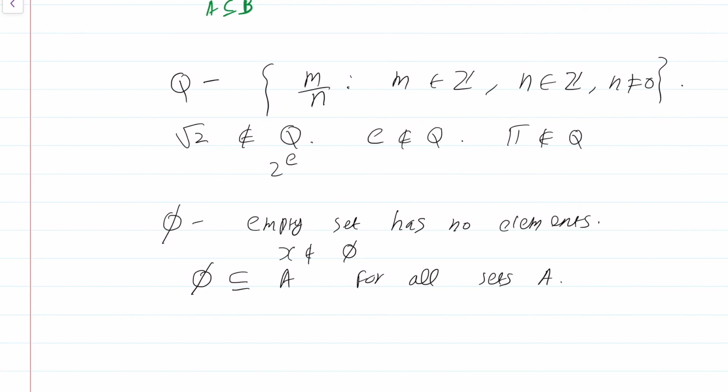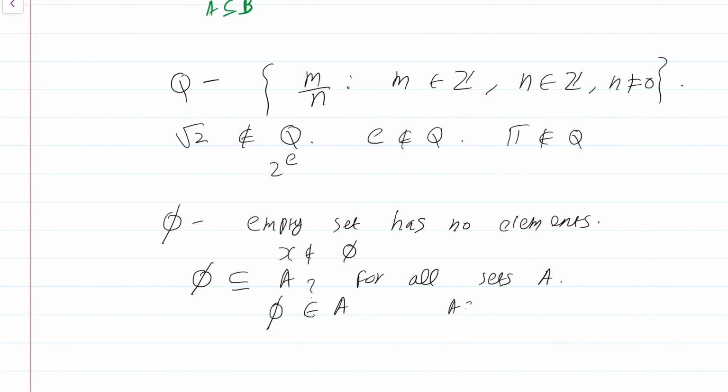Why is that so? Well, it will be better if I illustrate this after I talk about some rudiments of logic. But this is what is known as a vacuous statement: the fact that the empty set is a subset of A is vacuously true. But be careful, it is not true that phi is a member of A. This might or might not be true. It depends on the set A.